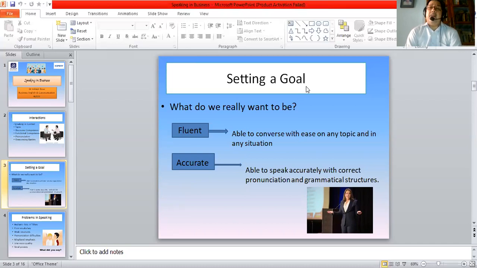The other aim or goal apart from fluency is accuracy. Now you will not find that the spoken English courses talk about this at all. However, accuracy is much more an important goal than fluency. It is less talked about, certainly, but it is much more important. What is accuracy? It is the ability to speak correctly, with correct pronunciation and grammatical structures. And sadly enough, this is the area where we find that people often go wrong or have lapses, as far as grammatical structures or the syntax of speech is concerned.